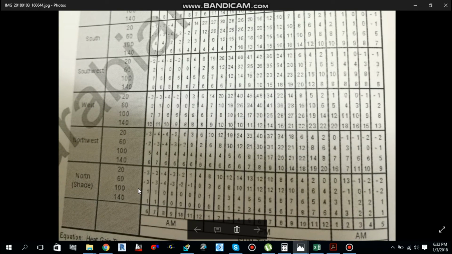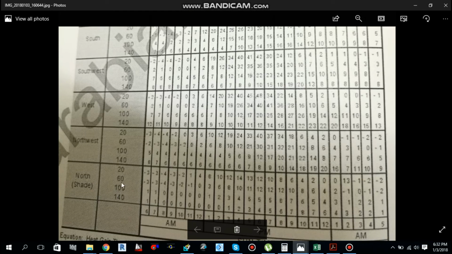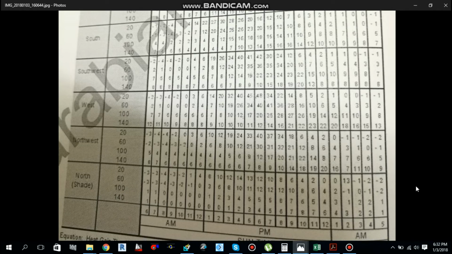there it is. This is the equivalent temperature difference. As we know, the wall average weight is 80 lb per square feet, and the peak time is 3 p.m. So one of the walls is facing the north side. If I move to the north side, this is the north side, and we know that building weight is 80 lb per square feet. So 60 and 100, it will be in between them, and we know that 3 p.m. is the peak time for the design.